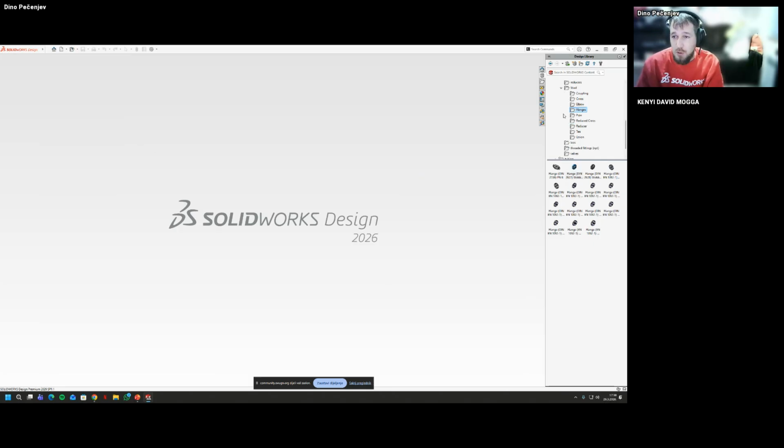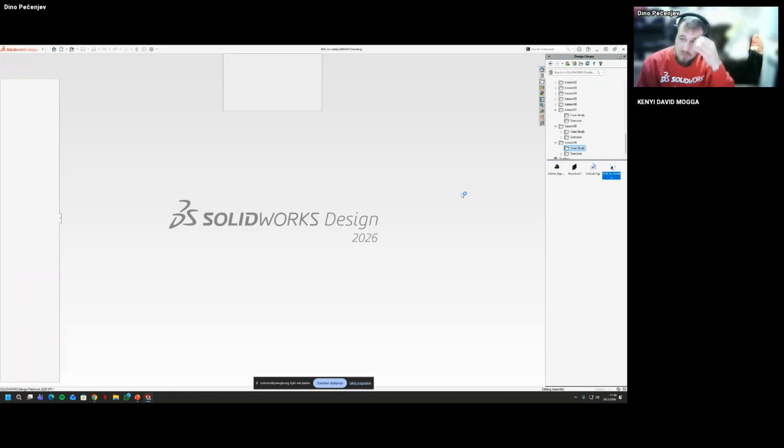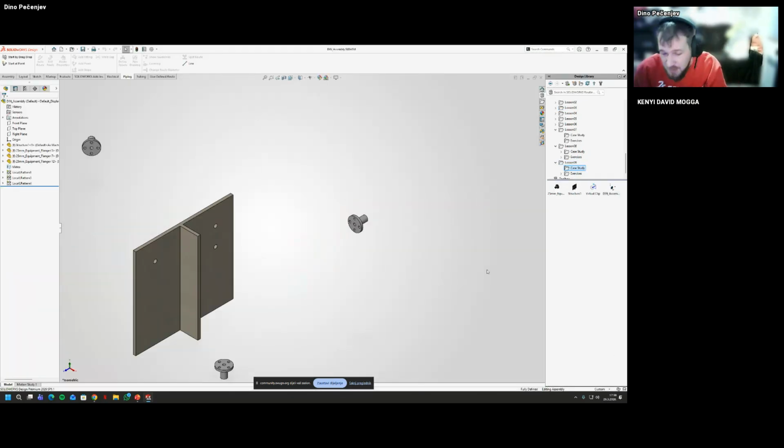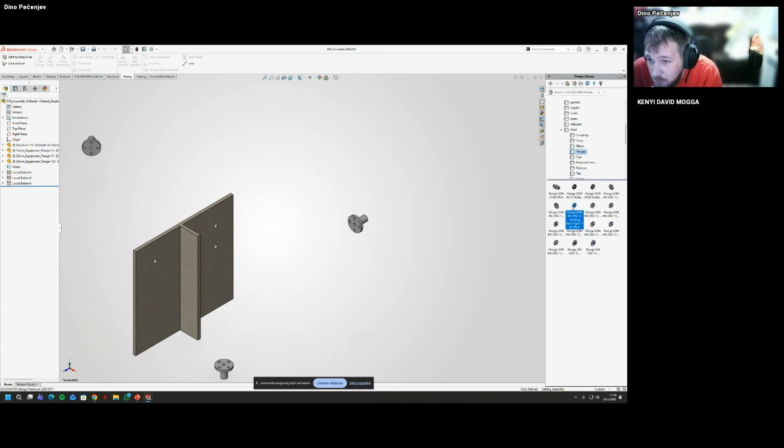If I want to use any of this case study, let's say we want this DIN assembly, I want a weld neck flange. So for a flange, we're going to use DIN 2628, and just drag and drop it.